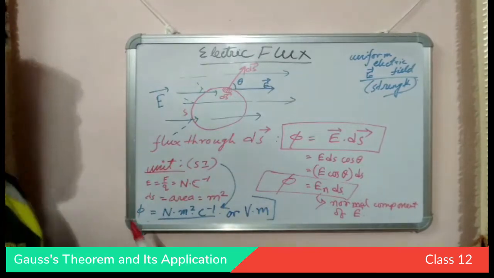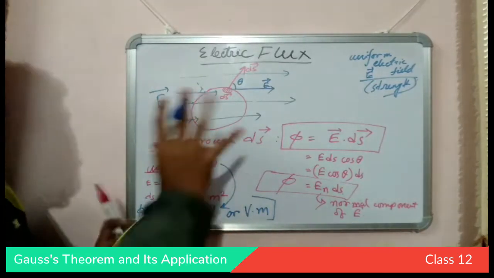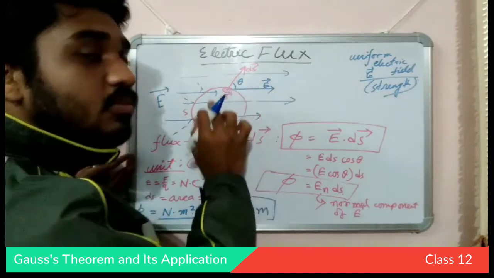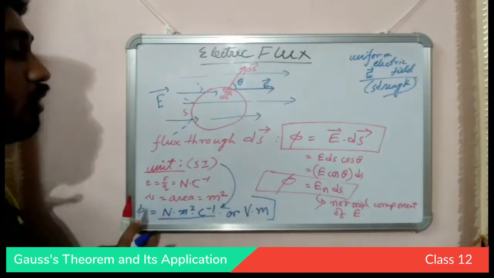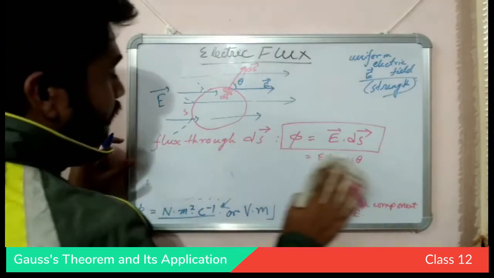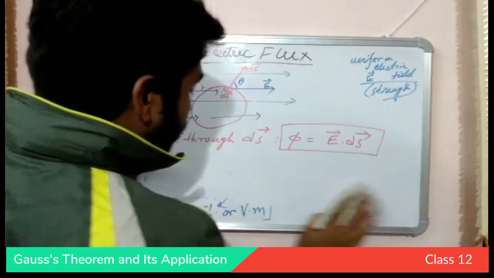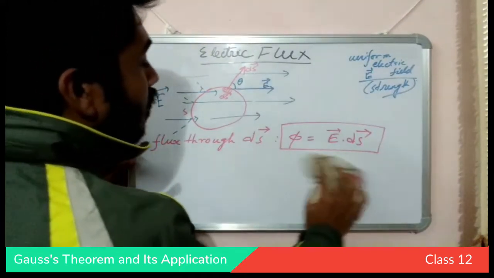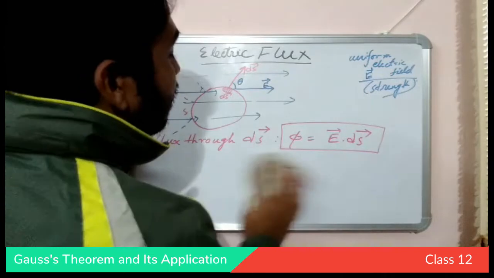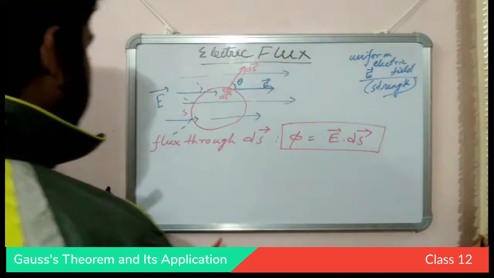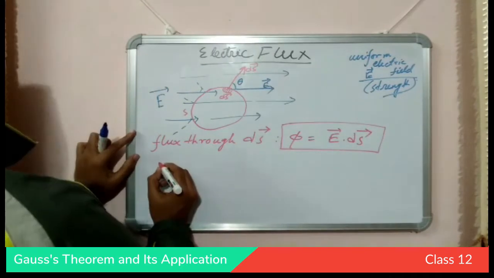So what would be the total flux through this surface? We are calculating, considering a small amount ds, the smallest possible surface. So flux through the